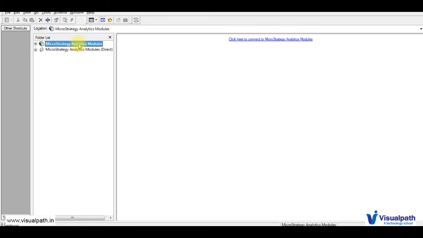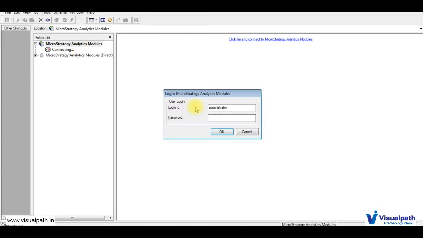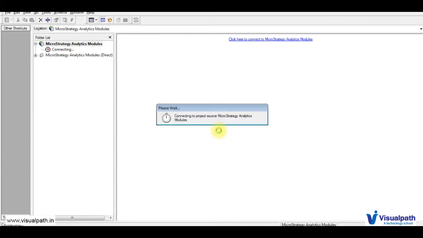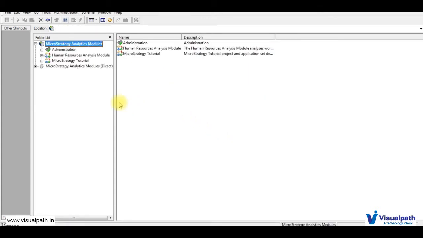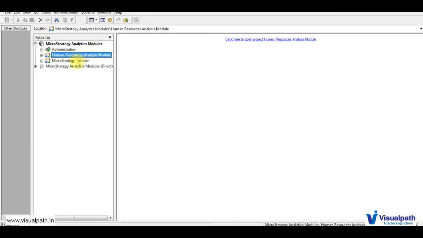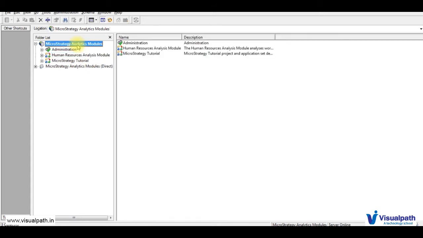So if you connect to this MicroStrategy project source, what you see are nothing but projects. Human Resources Analysis Module and MicroStrategy Tutorial are nothing but MicroStrategy projects. So like we spoke, a MicroStrategy project source is nothing but a collection of projects. Very simple.